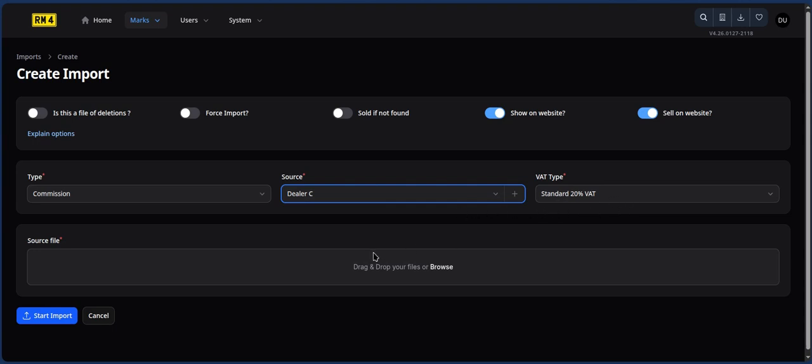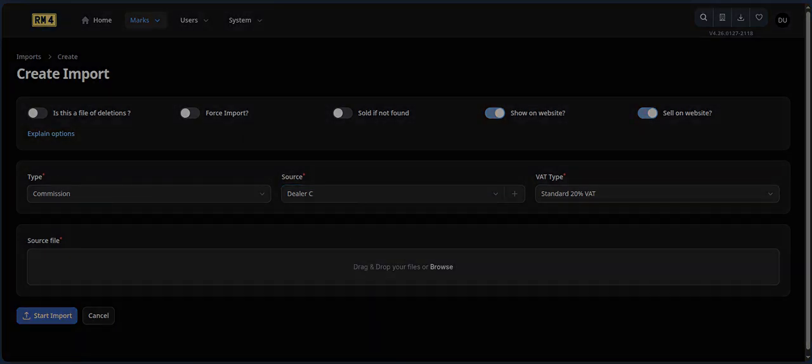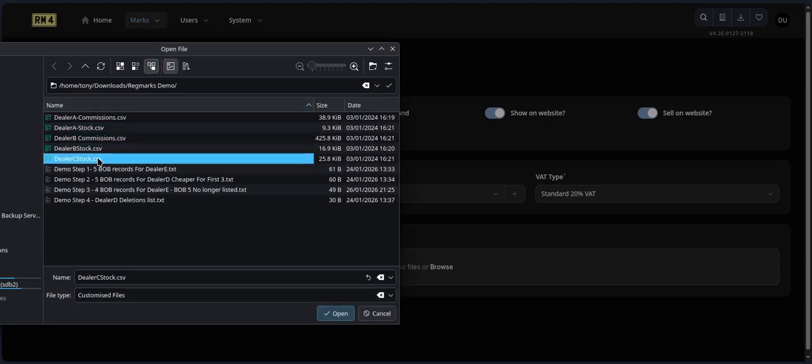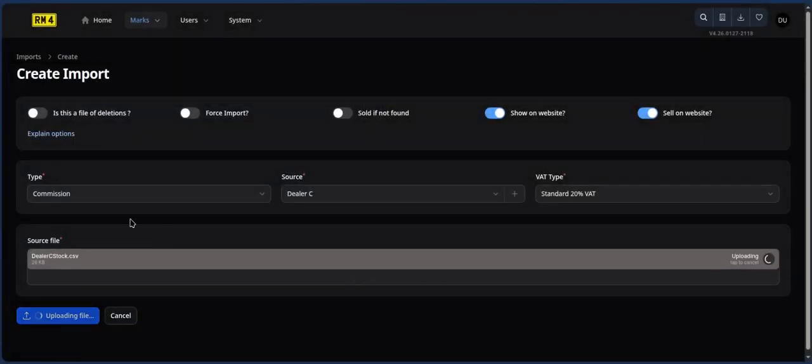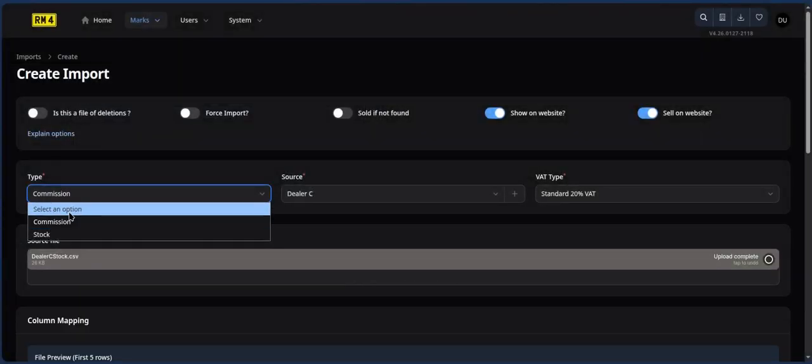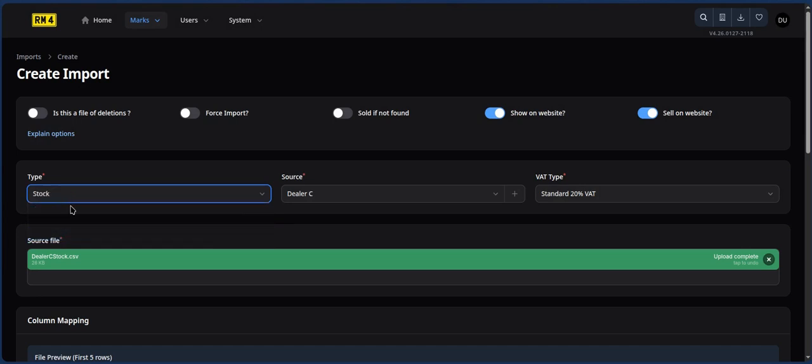So we'll do dealer C, and I've got a dealer C file that I'd allocated for stock. So let's change that to stock,